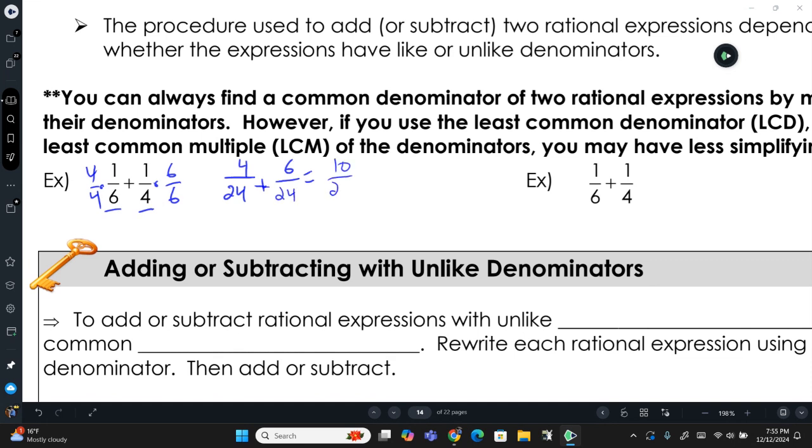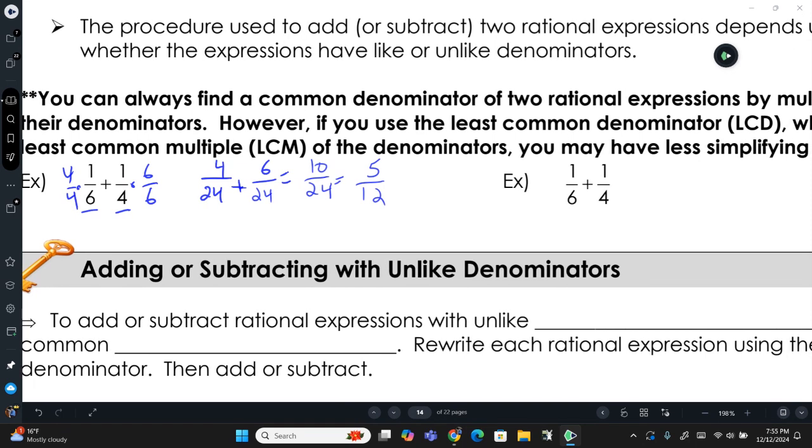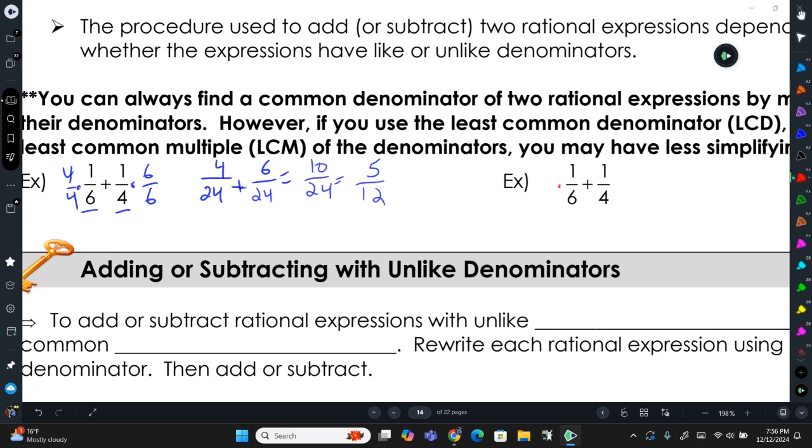equals 10 over 24, and then reduce that. Okay, we can divide the top and bottom by 2, so that's going to be 5 over 12. Now, you might have looked at that and said, well, I could have found the least common denominator, multiplied the first one by 2 over 2, and the second one by 3 over 3, and that would have given me 5 over 12,